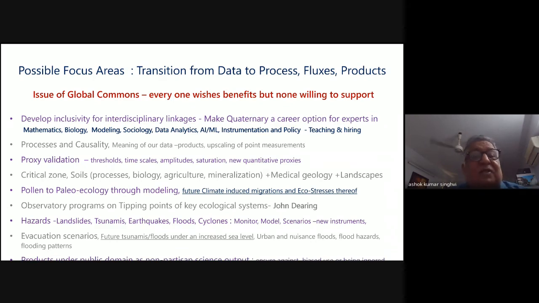I think these are the things we need to be looking at, and these are coming directly from what we do. We need to take a step forward, do some mathematics, do some statistics, and we can do much more. And then finally, these products which we provide, an association would have the license to provide non-partisan science output. Others maybe not, but an association like INQUA will have that kind of license that they can evaluate, let's say science says so. So ensure against